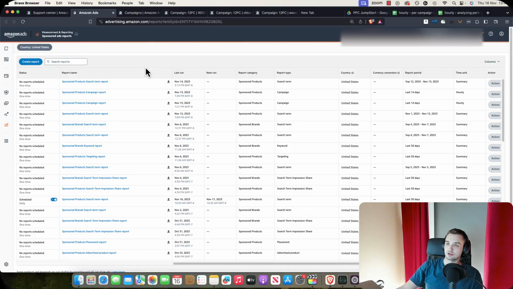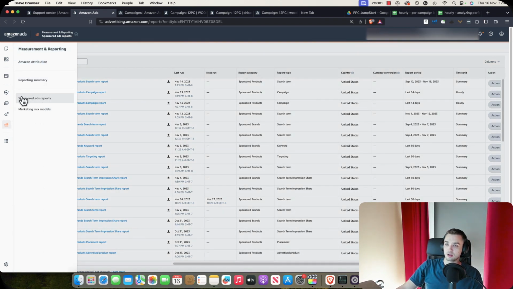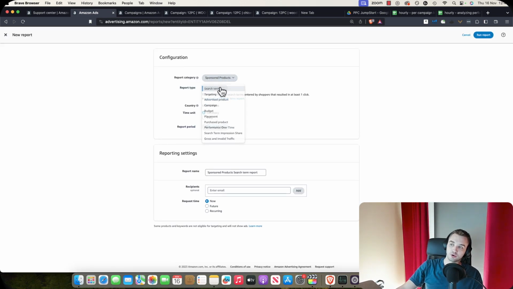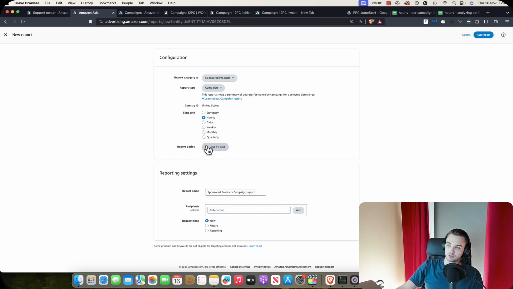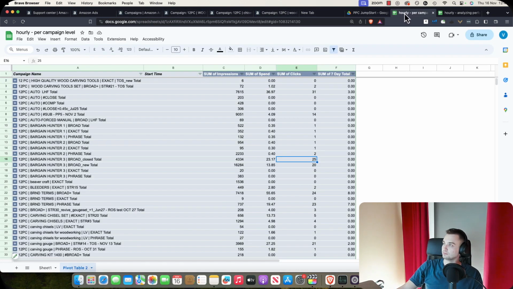First things first, how do you get the data to analyze so that you know that certain hours are working best for your specific campaigns or your keywords? You would go to your Ads Manager, obviously, sponsored ad reports, and then you would download sponsored product campaign reports. You would click campaign, hourly, and we want last 14 days data. Once we have that, we will have this report right here